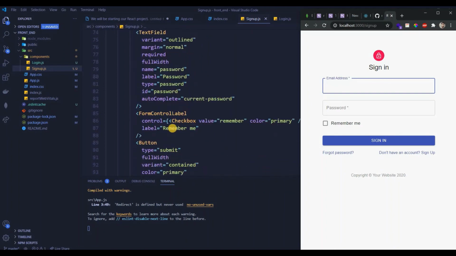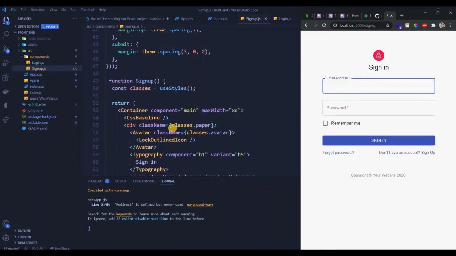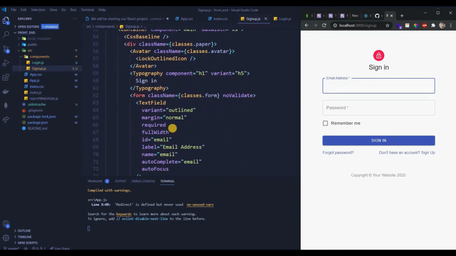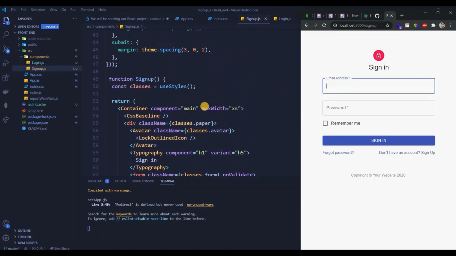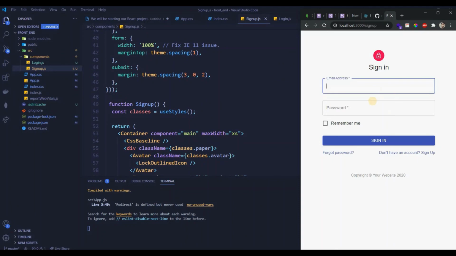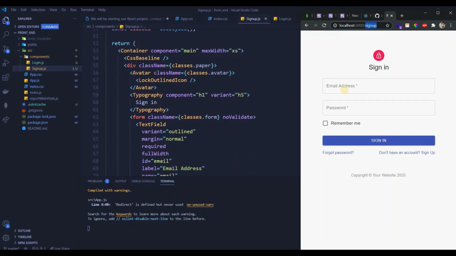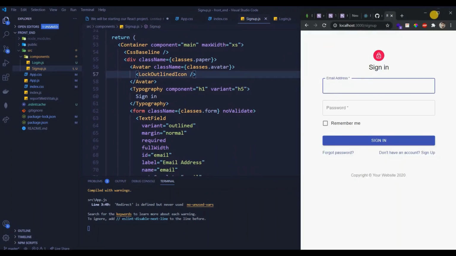So for now, guys, this will be pretty much it for today. And when we come back in our next session, we'll talk about certain things. So for now, what we did, we imported a template, we copied the complete code from there, and we got this beautiful signup, right? So sometimes you don't have to worry about creating the complete UI. You can always use this and then bind your data into that, right?